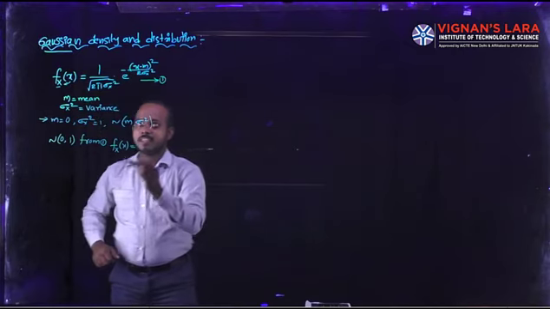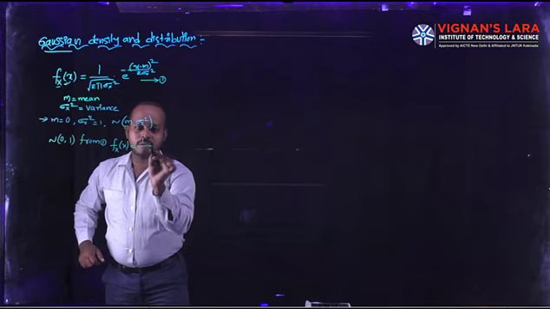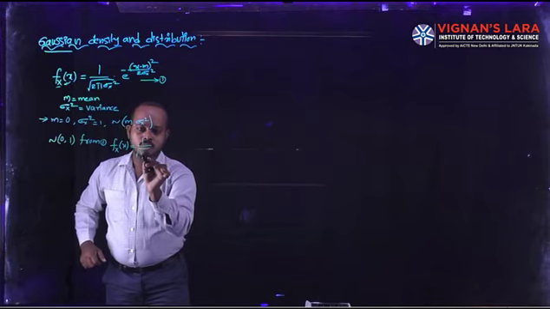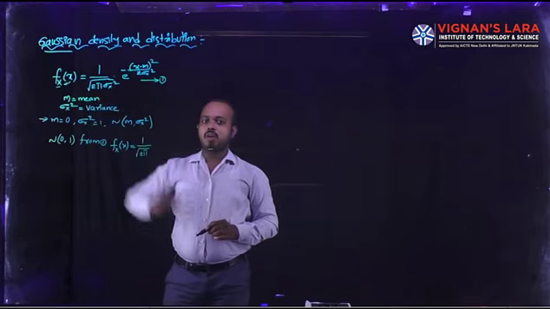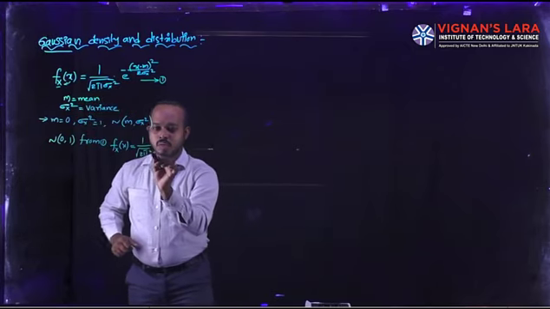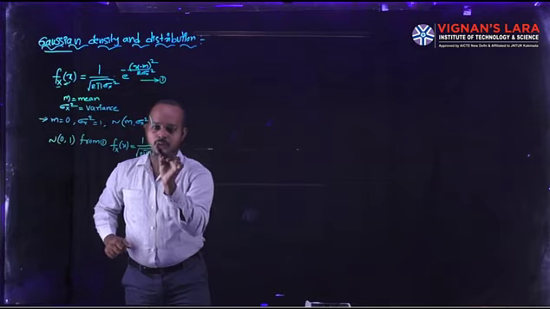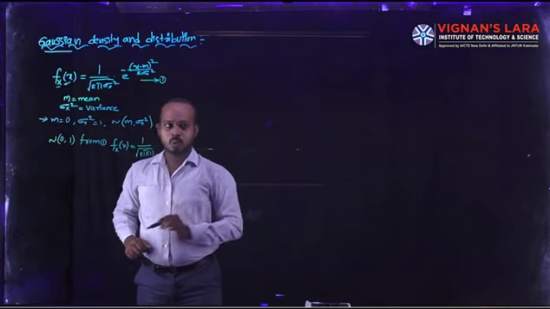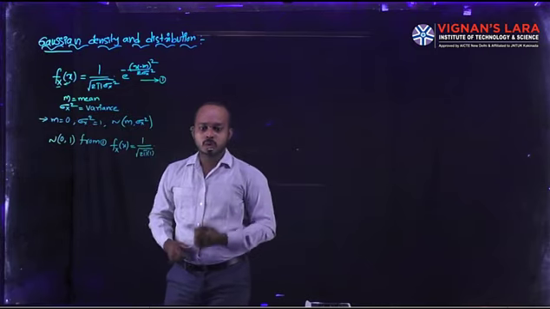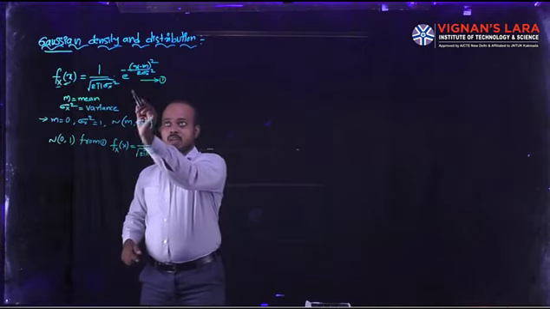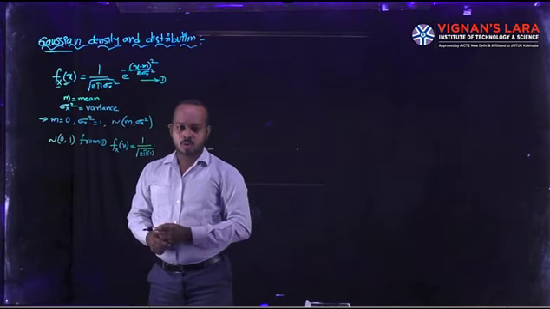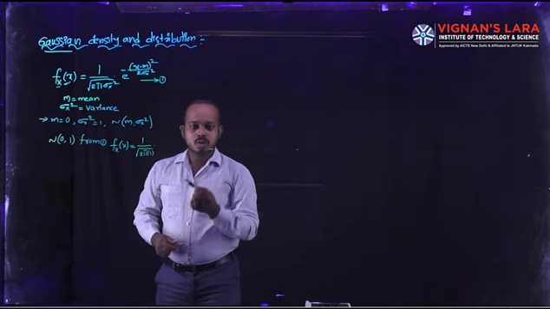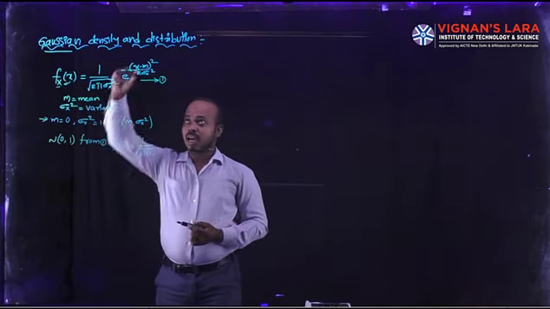Now you can see 1 divided by the square root of 2 pi. What is the sigma_x square value? It is 1, so we are multiplying with 1, into the exponential term. The exponential term is e power minus (x minus m) whole square divided by 2 sigma_x square. Here the m value is 0.